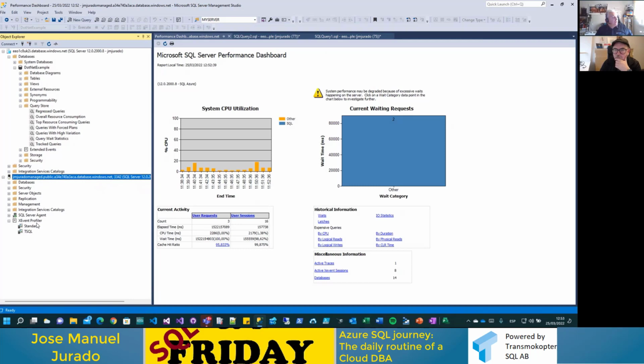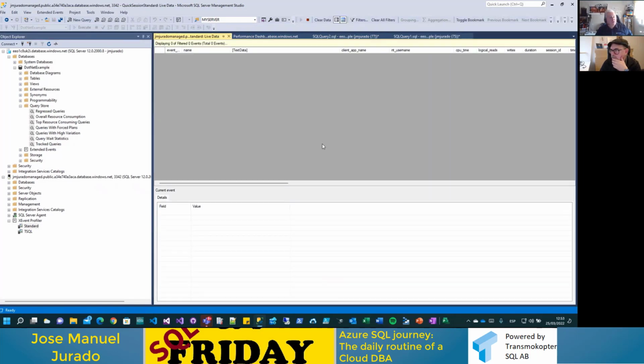Basically the idea behind it is to enable the extended events in order to launch these sessions. And you are going to have a similar scenario, the similar data that you have right now in your managed instance. So at the end, in terms of monitoring, it's very simple. You are going to have all the events here with all the data